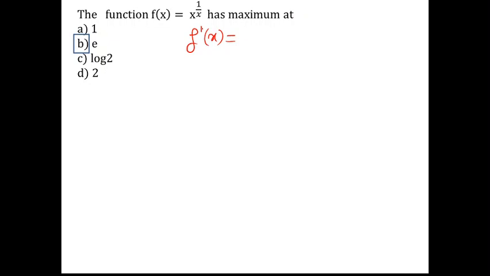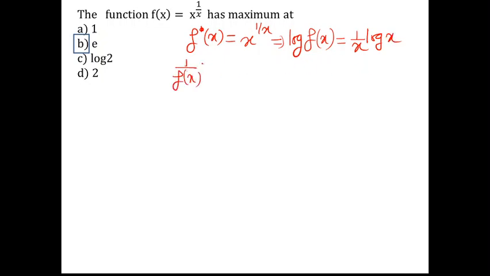See here, we have to find out the first derivative, and the function which we observe is of the exponential form. So such a function can be handled properly before differentiation, that is, in order to make the differentiation easy. So we have to take the log on both sides. So log of f of x is nothing but equal to 1 by x times log x, and then we will differentiate so that we find the differentiation easier. So we have 1 by f of x, f dash of x is equal to, now differentiating, so we will apply the quotient rule. So as per the quotient rule, we get this as 1 minus log x upon x square.